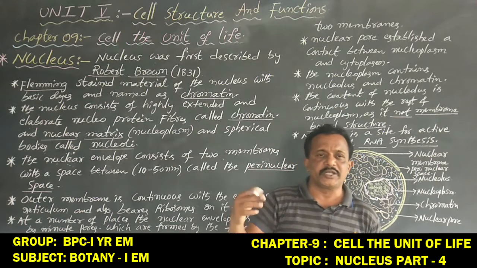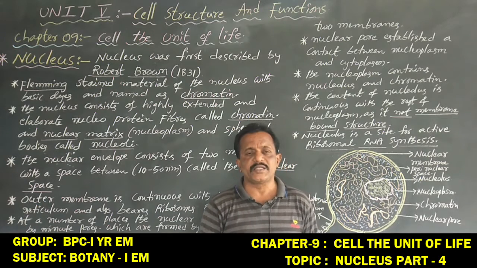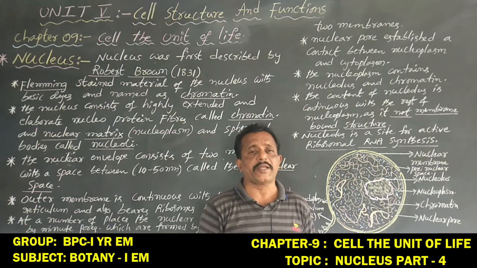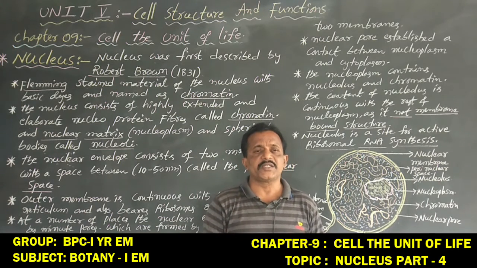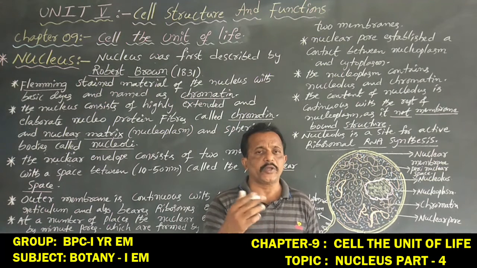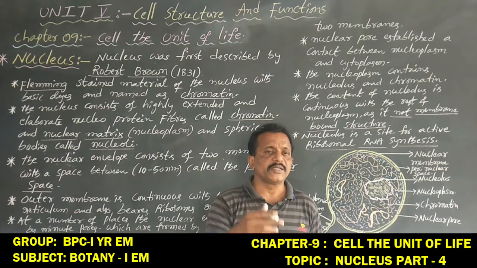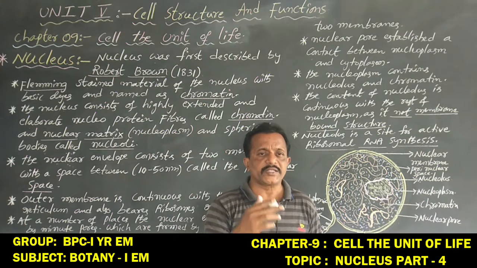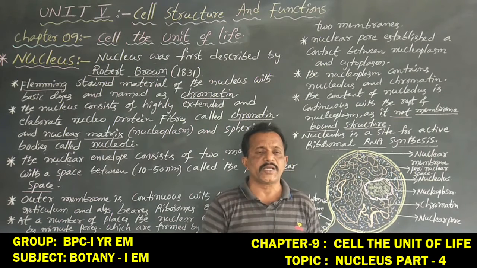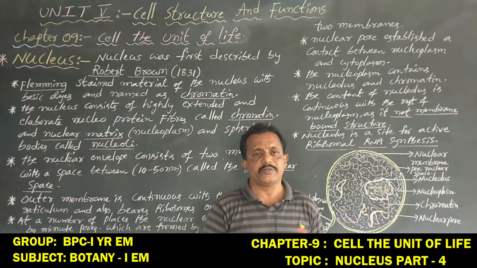Generally, some of the plant cells have a single nucleus, that is called uninucleate, but sometimes some of the plant cells have more than two nuclei, that is called multinucleate. But here, some of the erythrocytes of mammals and the sieve tube cells of plants do not contain a nucleus in the maturity period.